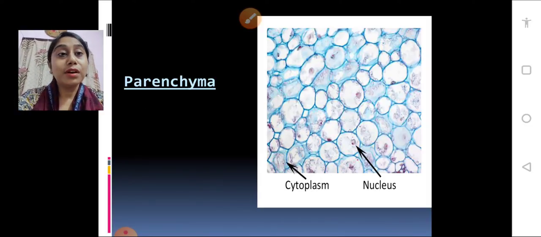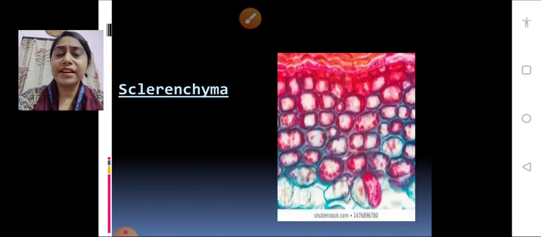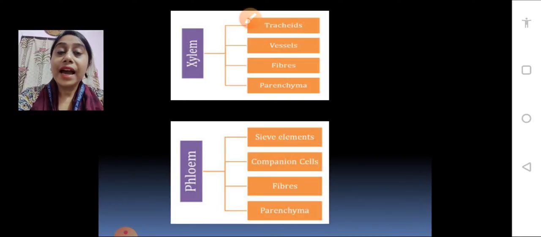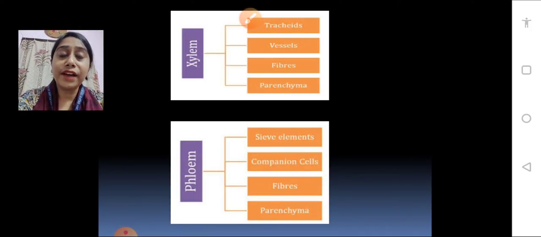Then we have also known about parenchyma tissue, which are living, collenchyma tissue, living with a thicker cell wall, and sclerenchyma tissue, which are dead with even thicker cell wall. And then we have studied in the last class about the complex permanent tissue, which consists of more than one type of tissue, the xylem and the phloem. We have known the elements of xylem, which are tracheids, vessels, xylem fiber, xylem parenchyma, and the elements of phloem, which are sieve tubes, then companion cells, phloem fiber, phloem parenchyma.